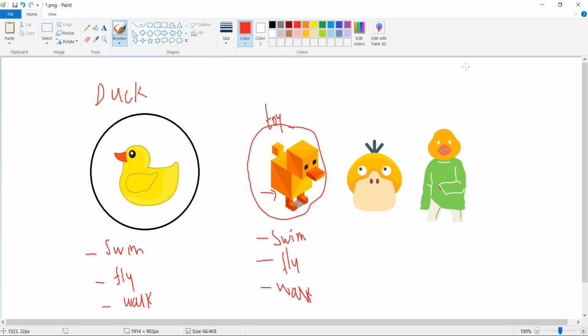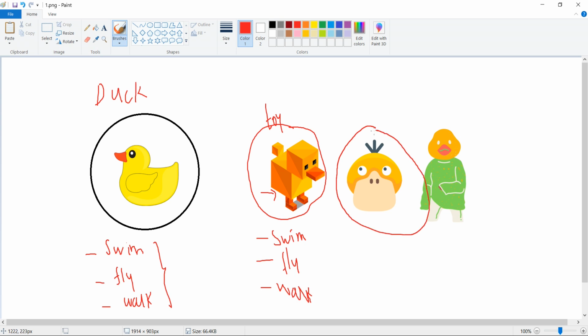So this toy duck can also give the functionalities of what the original duck can provide. These are the base features by which you distinguish a duck. So the same thing you expect from a toy also.